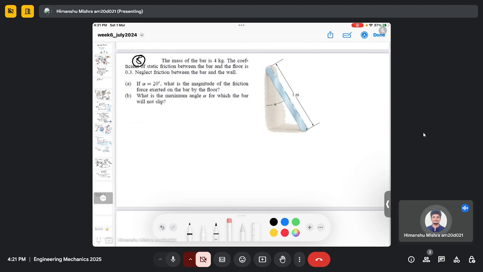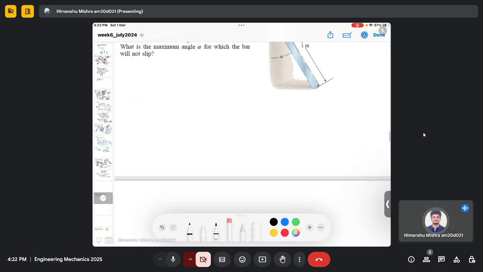So in this question we are given the mass of the bar, which is 4 kg. The coefficient of static friction between the bar and the floor is 0.3. Neglect the friction between the bar and the wall. And if alpha is 20, what is the magnitude of the friction force exerted on the bar by the floor? So in the first part we have